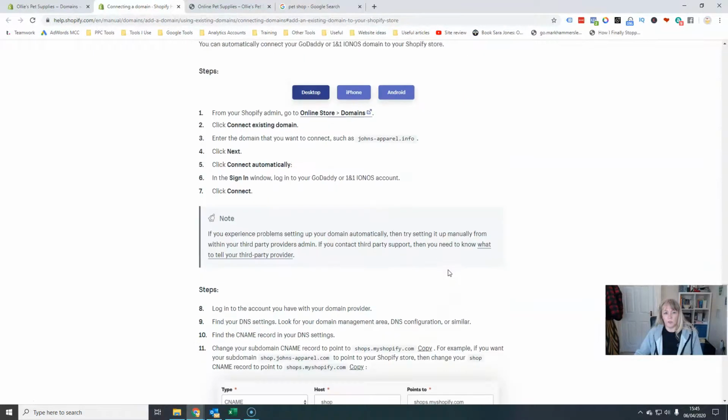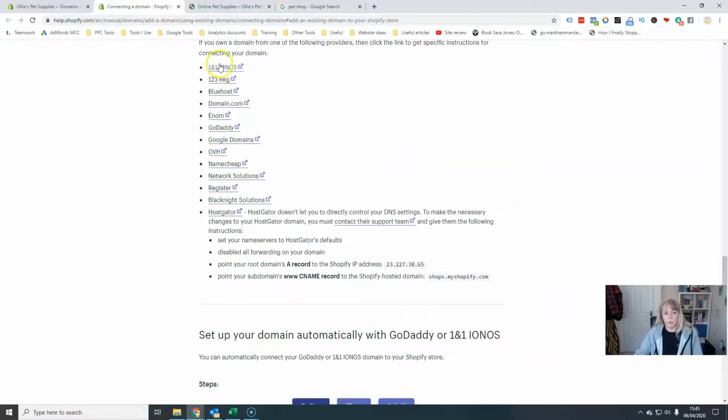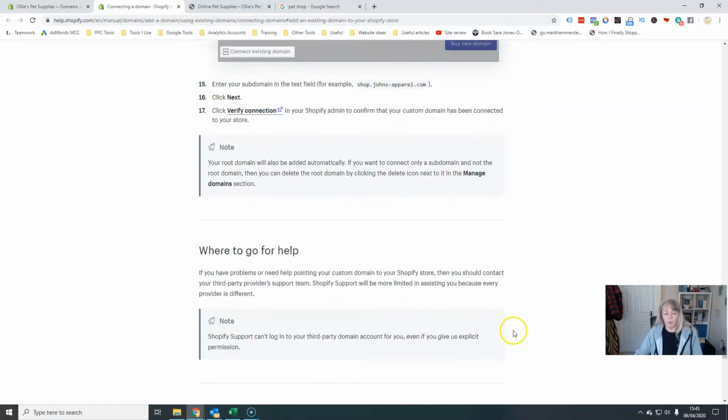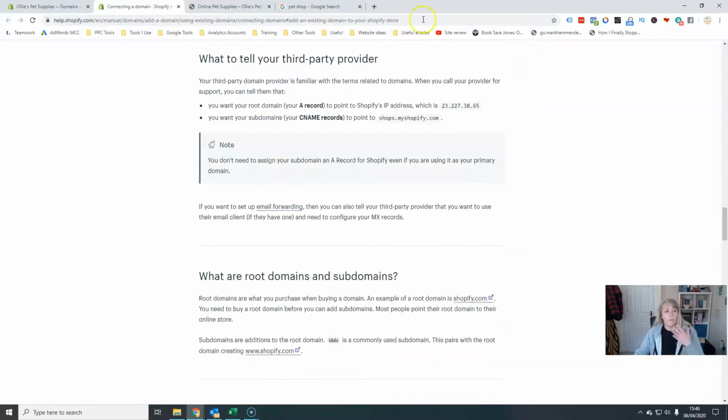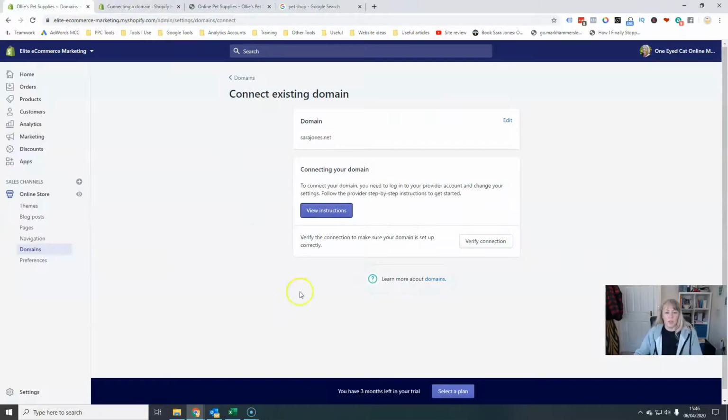there's lots of information here, and for all the different places where you might have registered your domain, there's plenty of information. So you just need to walk through this, follow the step-by-step instructions, and that will allow you to set it up. And then obviously once that's done, you can verify to make sure that it's all working. And then when you